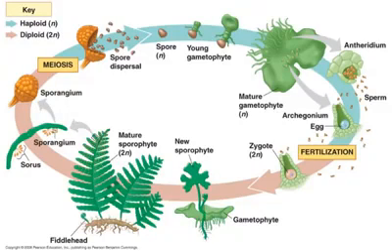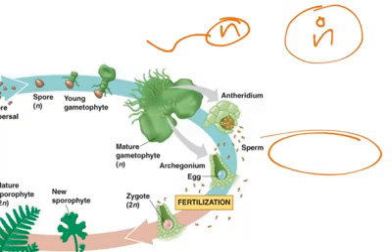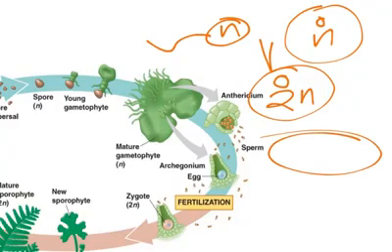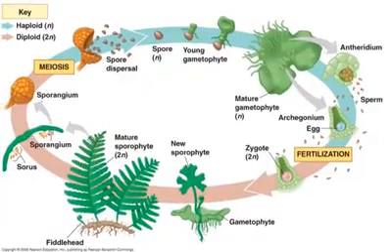And like always, I like to start with fertilization. And so we are going to start right here. Fertilization occurs, and remember, as always, fertilization is the sperm and the egg, which are both haploid, coming together to make the zygote, which is diploid. That's the way it is, never change. So we're going to start here with fertilization, and sperm and egg have come together, and they have formed the